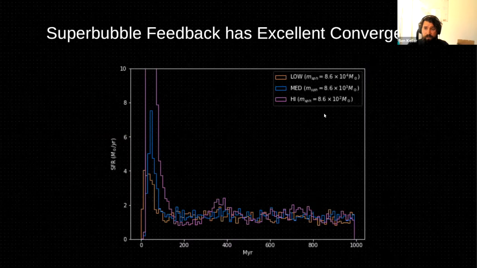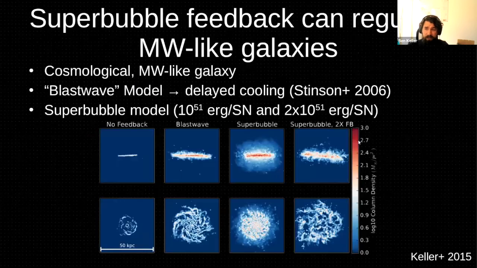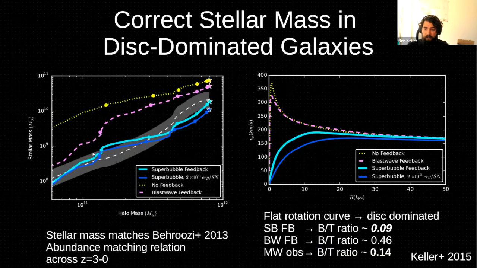In terms of convergence, the model works very well. So in the isolated Agora disk, you can see after an initial starburst, because the system's out of equilibrium, you end up settling to a star formation rate of about 1.5 solar masses per year across all of the resolutions we tested. So across a factor of 100 change in baryon resolution. What this ultimately does when you start putting it into cosmological galaxies is pretty interesting as well. So in terms of how rapidly these galaxies will form stellar mass, they're within the bounds that we would expect from abundance matching across cosmic time.